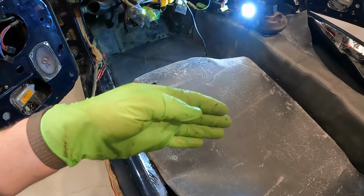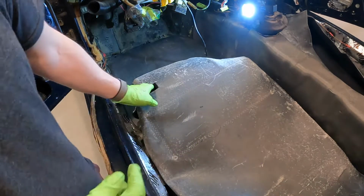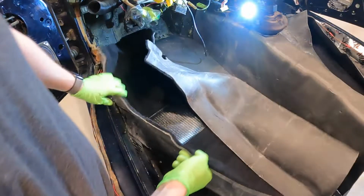While you guys were turned away getting some Cheetos, I was able to trim up this side right here so